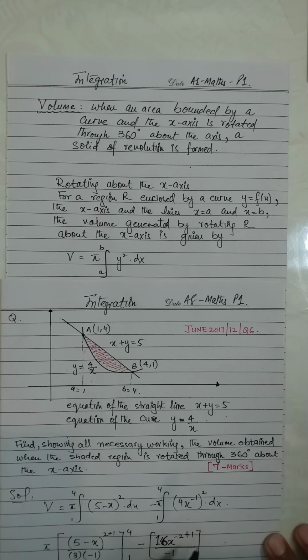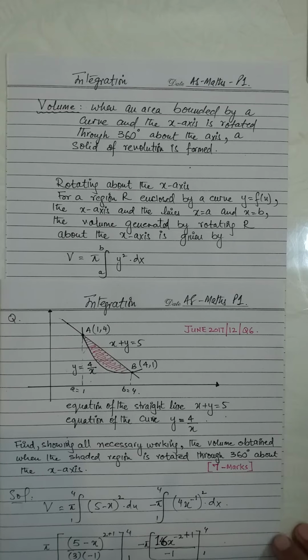Now squaring is done, this becomes 16, this becomes x to the power minus 2. Now integrating it, minus 2 plus 1 becomes minus 1, and that goes down. 16 is just a constant, nothing happens to the 16. 16 is just going to multiply by whatever x you get, and pi over here, and limits 4 and 1. So if you do this, you will get